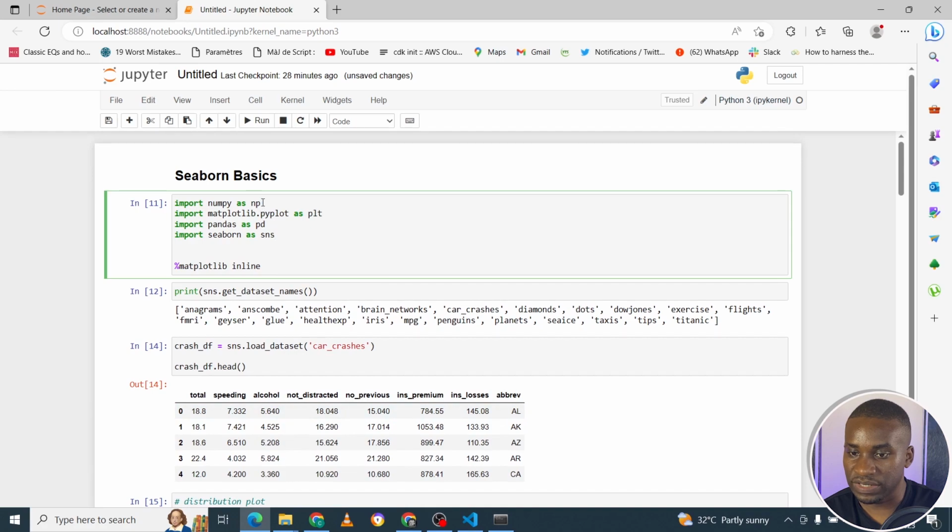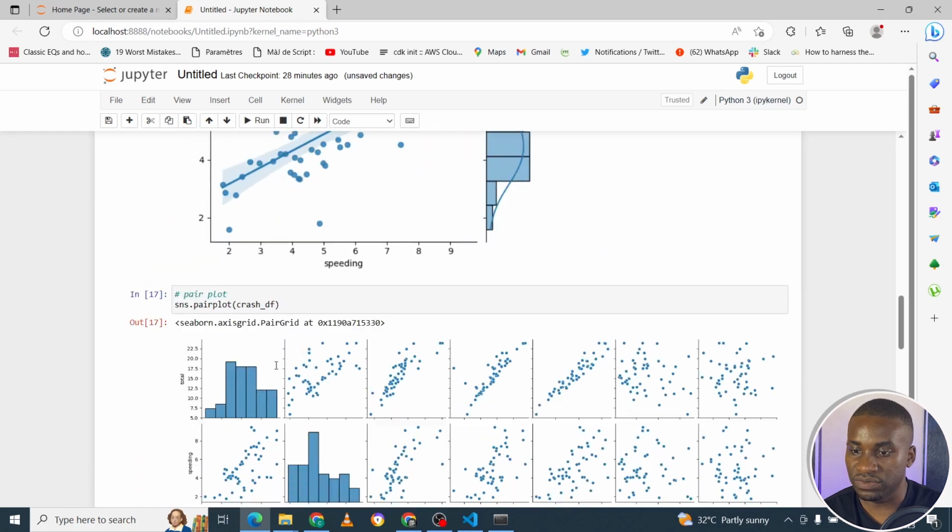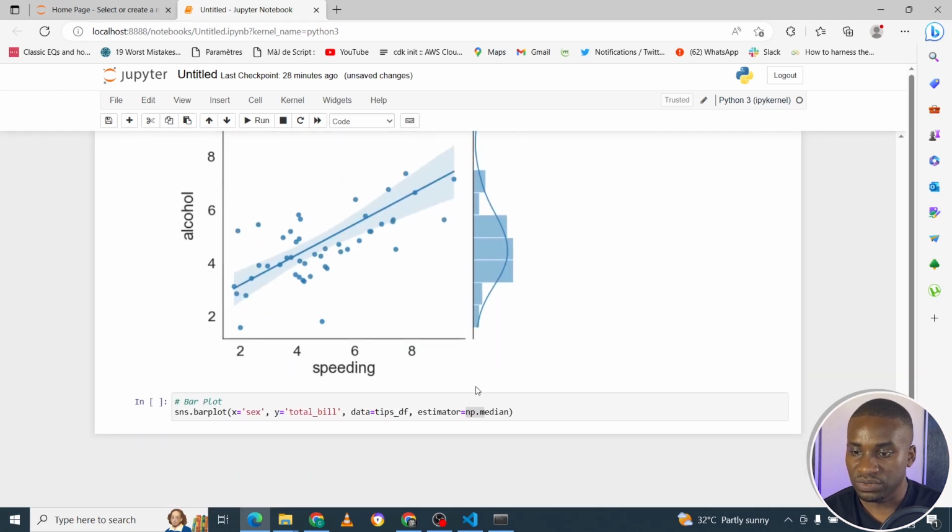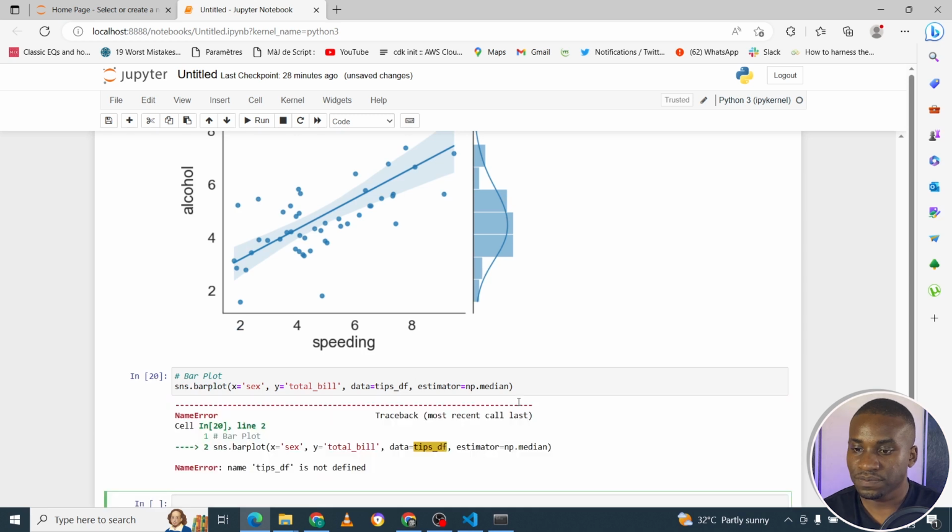So remember, these are the 4 packages that you really need to be good at to be able to do very effective data analysis work. So your bar plot is made up of an x, which is sex, y is total bill, then your data is tips_df, then your estimator is np.median. So if you run that,